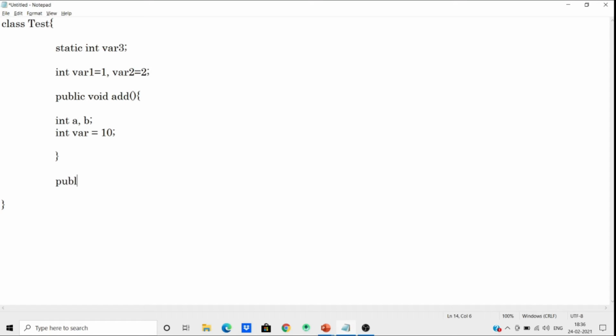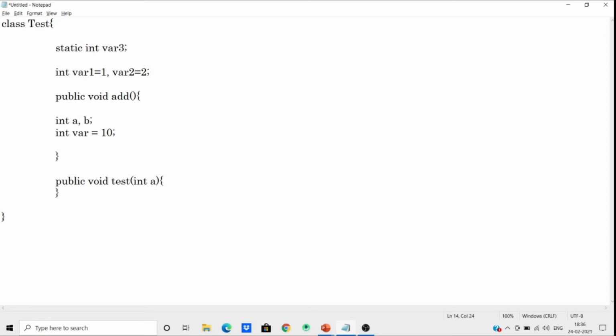If I write a method public void test, and then define variables inside the braces, these are called parameters.